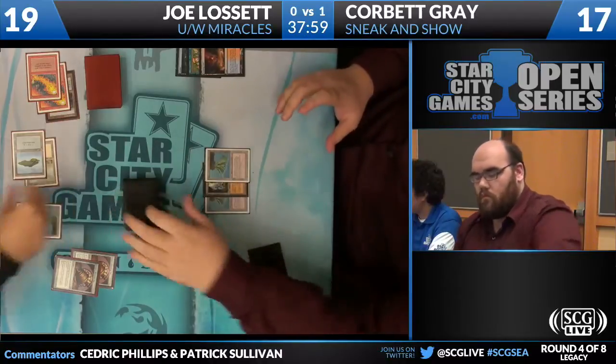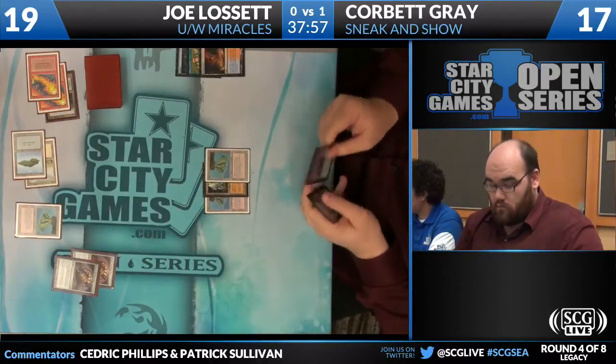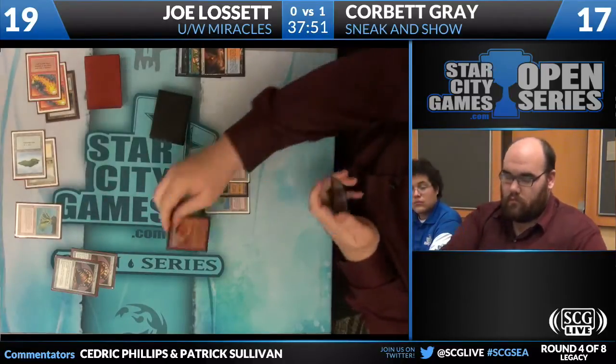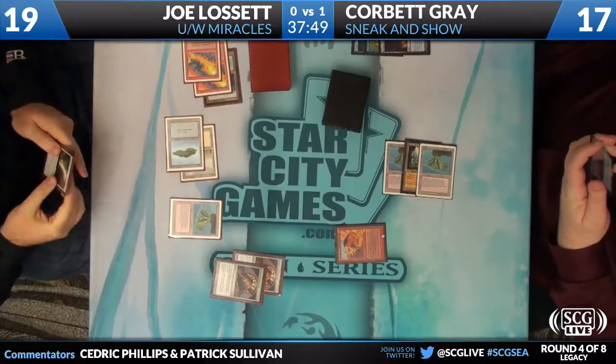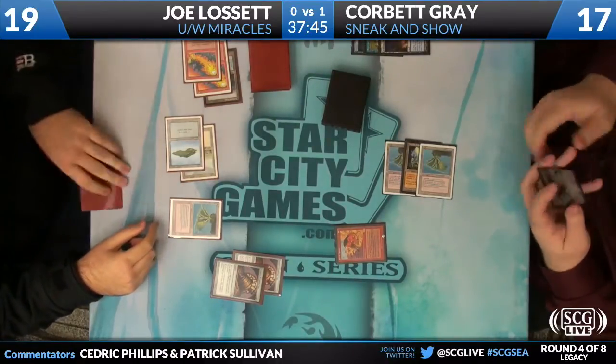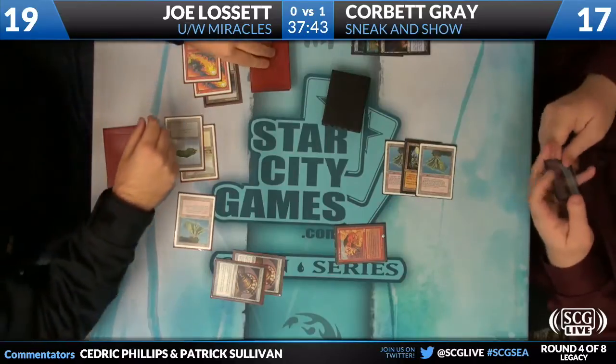And you said that Joe does have a Seal of Cleansing in his deck? In his deck. We saw it in the deck, okay. Because now we're going to see a Sneak Attack here. And Terminus, not a great answer to Sneak Attack. Can be good against Show and Tell, but